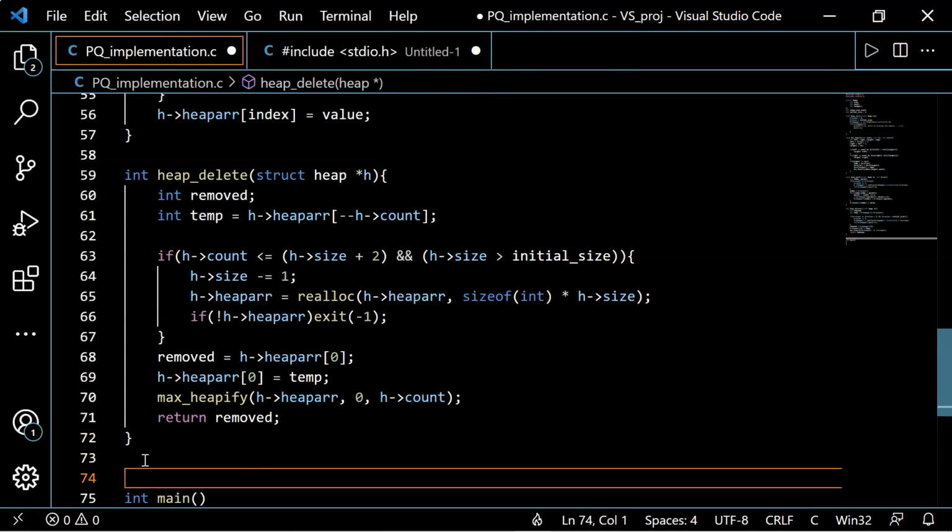Now to understand the order of deletion in the priority queue, we will implement one more function called mtpq. So let's create this function, and in this function we'll pass the reference of the heap structure in order to operate on it.